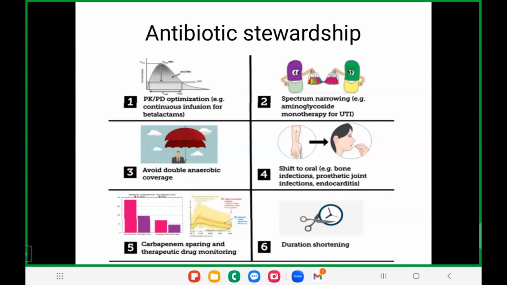And as early as possible, we can switch over from IV to oral medications if the child is good enough to take oral medication, because depending on the bioavailability, oral and IV are not going to make any difference if the child is not that sick and able to take oral. Try to give carbapenem sparing antibiotics. If you have therapeutic drug monitoring for vancomycin and gentamicin, it's better to do that and adjust the doses. And most importantly, you need to shorten your duration based on the clinical response and inflammatory markers; procalcitonin has a very good role in deciding on the duration of antibiotics.